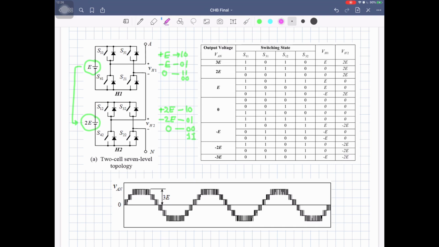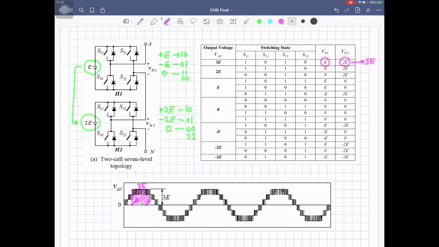So if I say that from the first inverter I am going to take E, and from the second inverter I am going to take 2E, so the output will be 3E, right? And let's suppose that is 3E, this is applied for this interval of time. So this is the 3E level, and then to get 2E, I can use the lower inverter only,